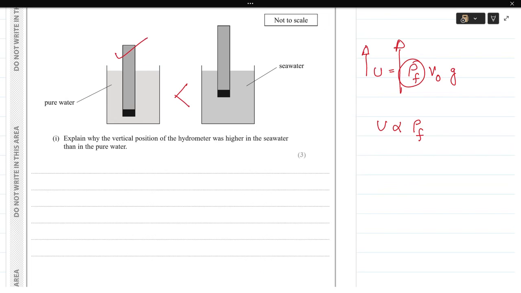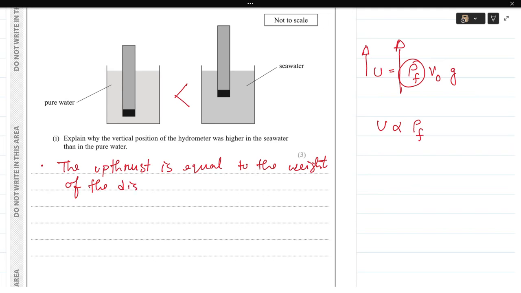So even though the hydrometers are the same, for seawater we need to displace a smaller amount of liquid to provide the same amount of upthrust. Therefore, to write the answer, it should be something like: the upthrust is equal to the weight of the displaced fluid